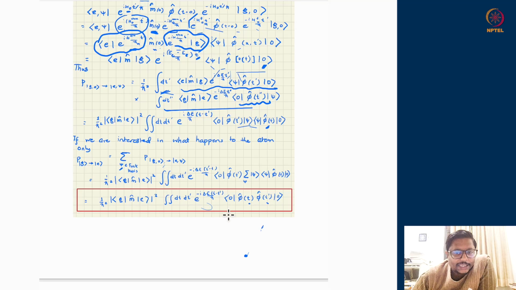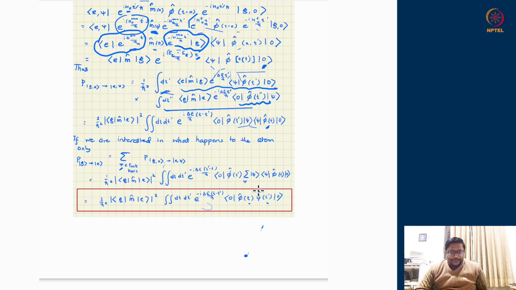So that is why we were calculating the field correlators in the previous classes. Now we see that the field correlators decide the transition probability between different states, and therefore they are useful quantities, not useless. See, we started in the vacuum state. Field expectation in vacuum, as we know now, is 0. So there is no active photon expectation value in the field, but vacuum has a quantum fluctuation. That quantum fluctuation is captured by this 2-point correlator in the vacuum state. Had it been a classical state, if there was no classical field, there would be no 2-point correlator as well. That would be 0 as well, and no probability of transition.